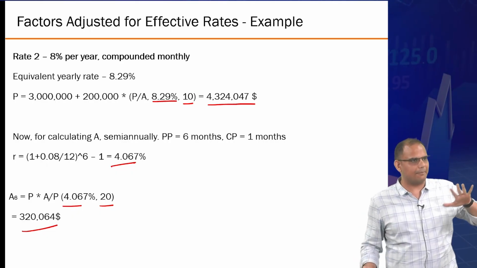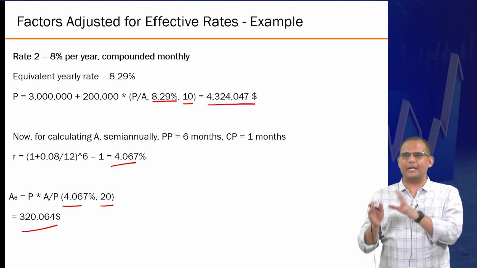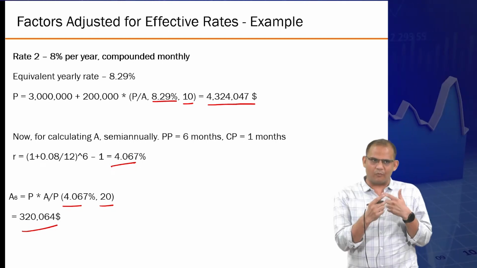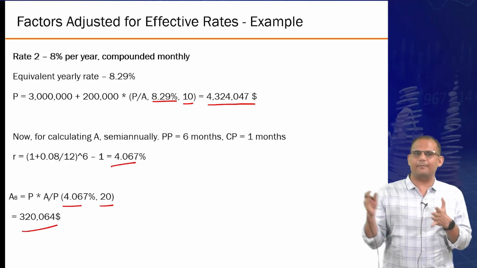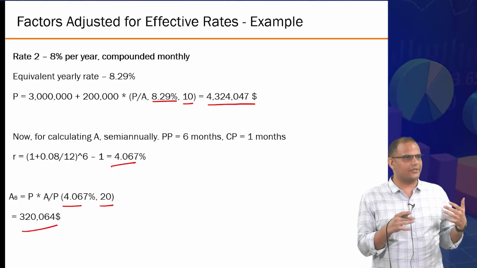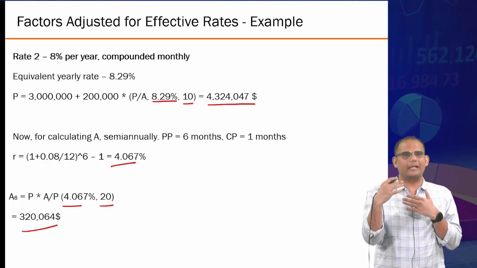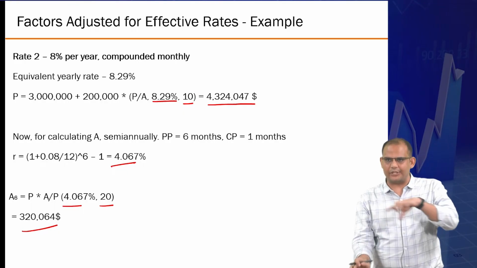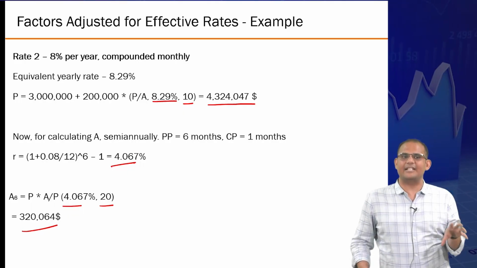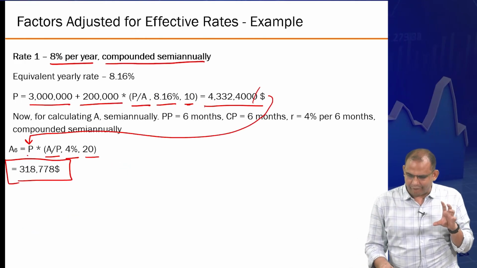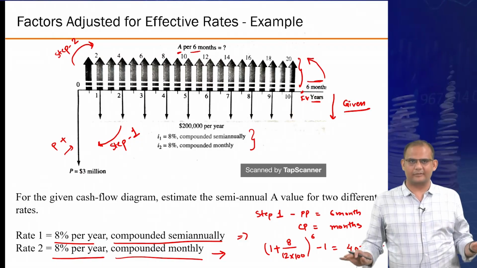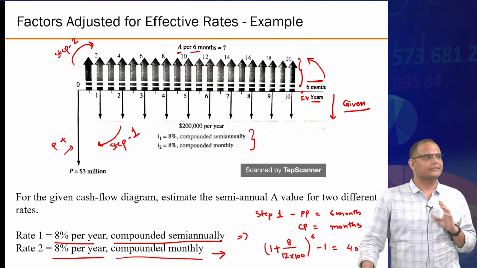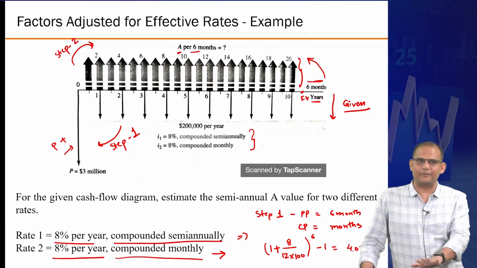How the transformation happens? Always break the bigger problem into smaller steps. You will not be confused. What happens is when you get comfortable with this kind of a transformation, you try to combine multiple calculations in a single step, and that's where the errors happen, right? So you need to be careful, and again I'm emphasizing a lot, once you have drawn the cash flow correct, your problem is half solved. Everything is governed by the cash flow.